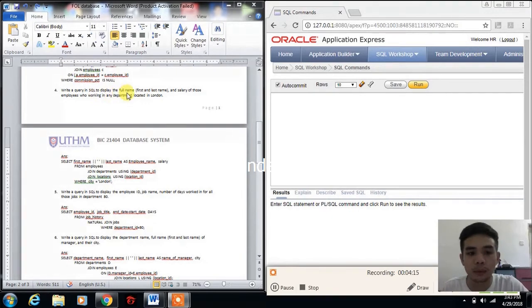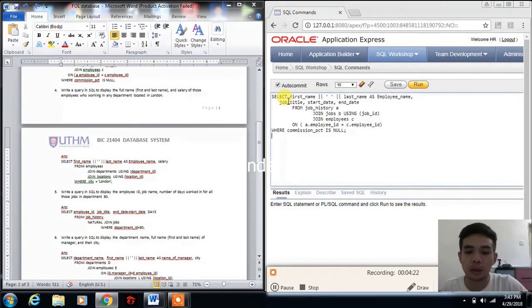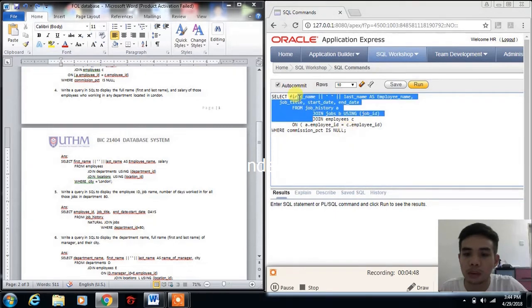Alright, so next we're going to go to question number 4, which will be to display the full name, salary of those employees who work in any department located in London. So we'll be using select statement, for example, to display out the output. So over here you have employee's name, job title, start date, end date, and from which table they are taking from. They will take the data from job history table. So they will join jobs and employees table. And over here we have